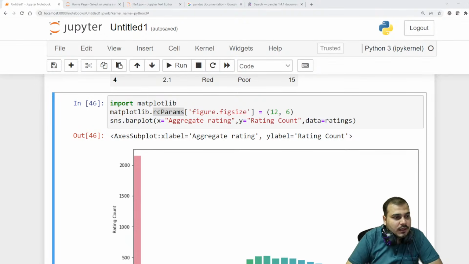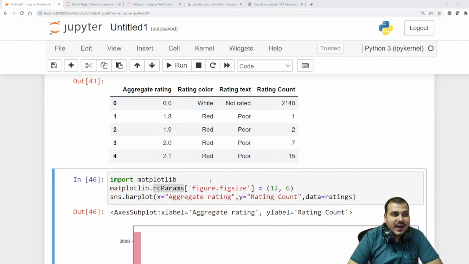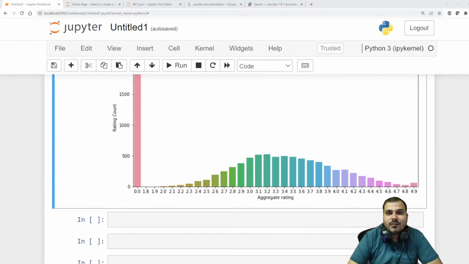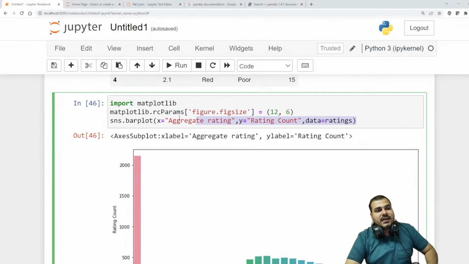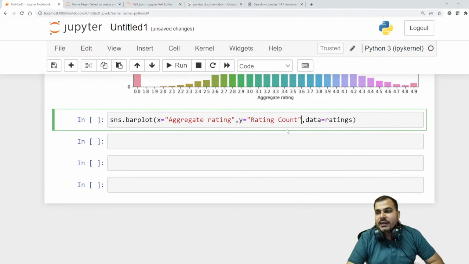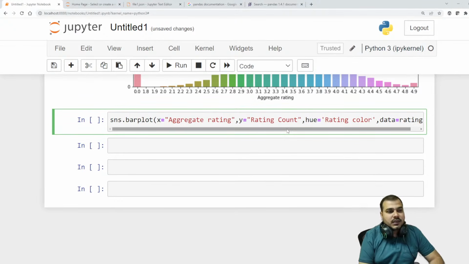Okay. Now, as I said, I have this rating color. I have this white, red, and all. Should we use these colors over here also and try to see it? So that also we'll try to do. To get the colors, I'm just going to copy the same thing entirely. There is one more parameter which is called hue. So if I write hue equal to rating color and execute it,